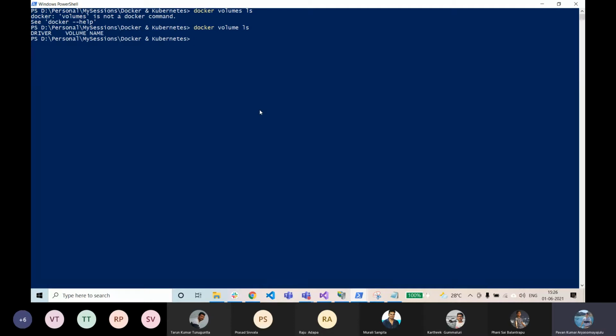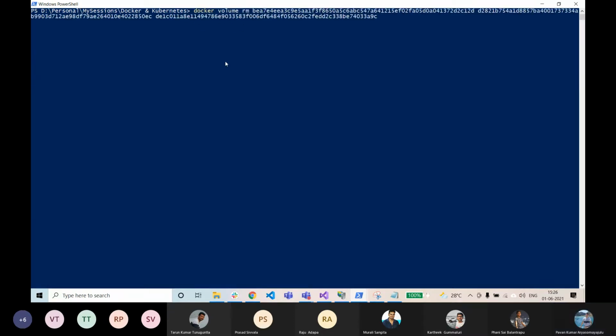So Docker volume ls, I deleted all these volumes, right? So now let me try to create a volume again. So I'll be creating one Docker container, with -p 8081:80, and after the port, the volume will be data volume.